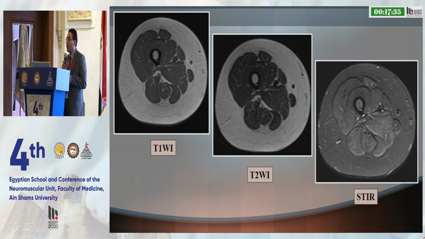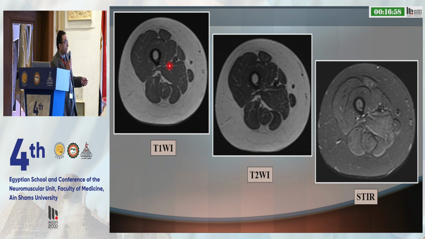usually when we do whole body muscle MRI, we depend on three sequences. The first is the T1 weighted sequence, which is this first image, then the T2 weighted sequence without fat suppression, and the STIR or T2 weighted fat suppressed sequence. The normal muscles appear of intermediate signal, lower than that of subcutaneous fat. This is the subcutaneous fat in T1, and in T2